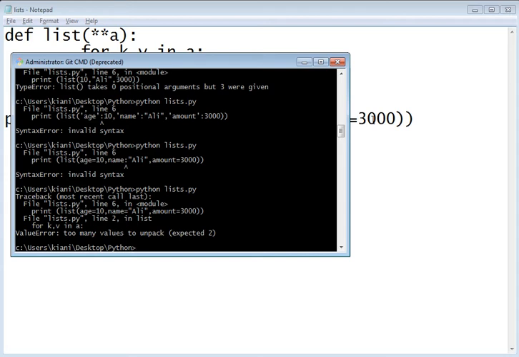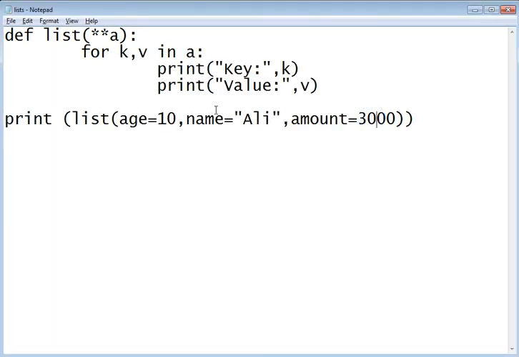Invalid syntax. Okay, invalid syntax means we should have this, equal to 10 and name equal to Ali and amount equal to this.